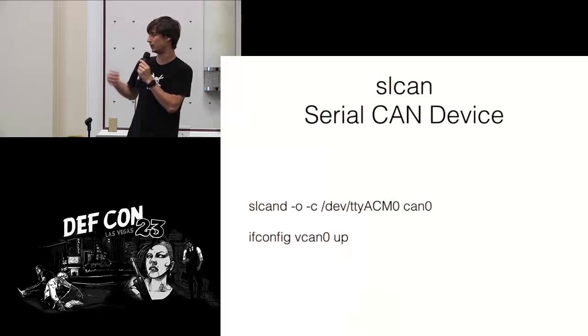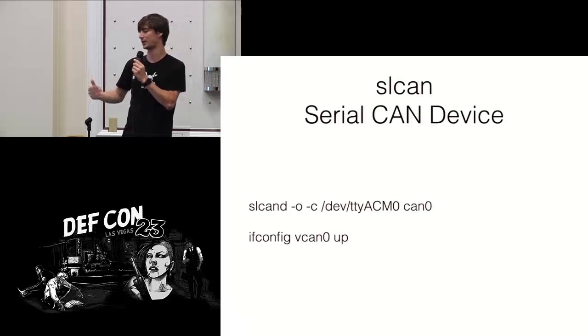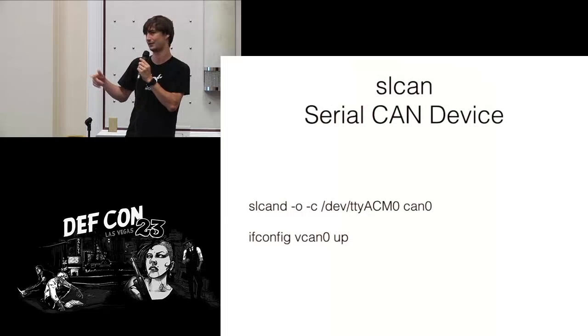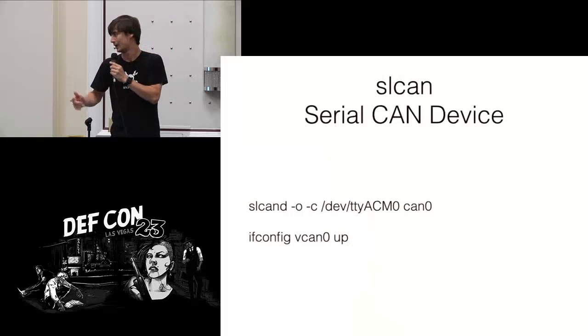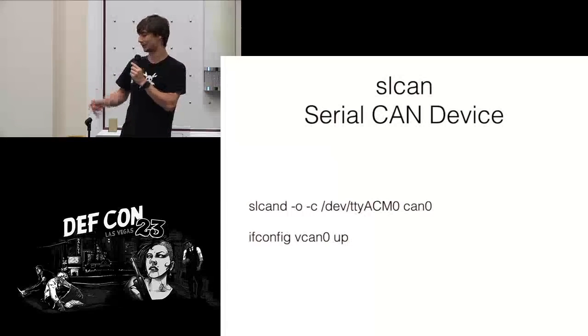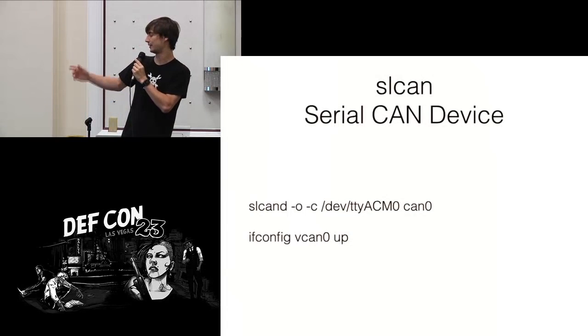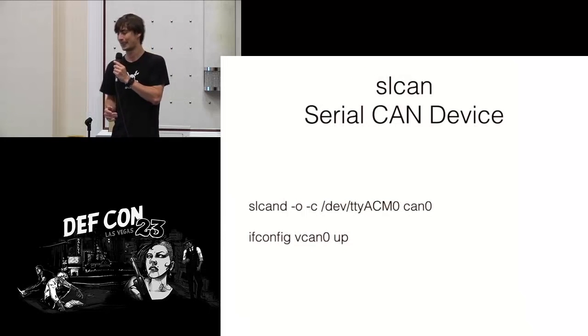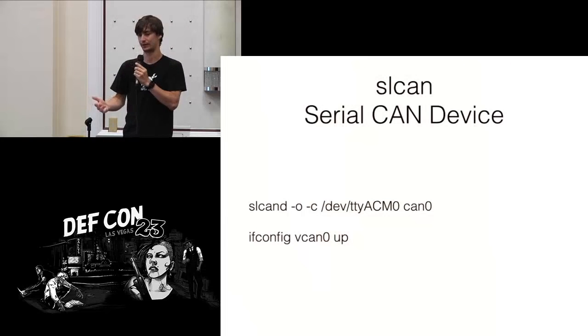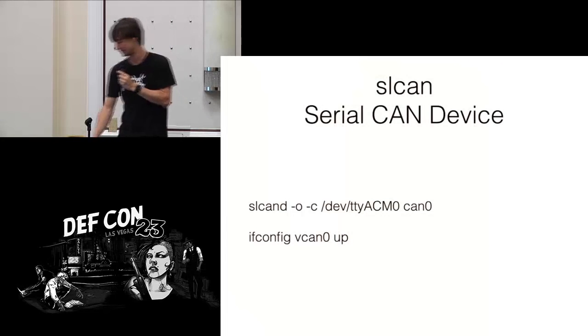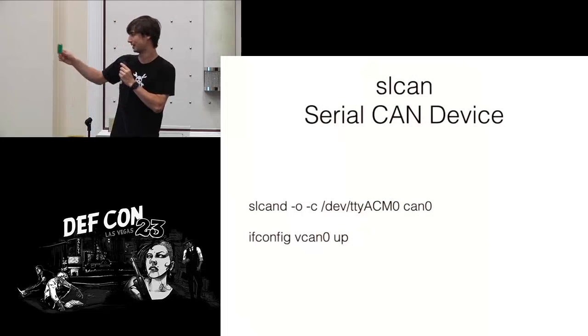-O tells it that when you start it up, you want it to send the open command, which is just capital O and a carriage return. It actually all uses a carriage return rather than a new line, for whatever reason. -C tells it whenever you close SLCAND, you want to send the close command. You give it the path to your device, dev, TTY, ACM, whatever, then the name of the device that you want to actually create. So in this case, it would connect to something like this and create a CAN 0